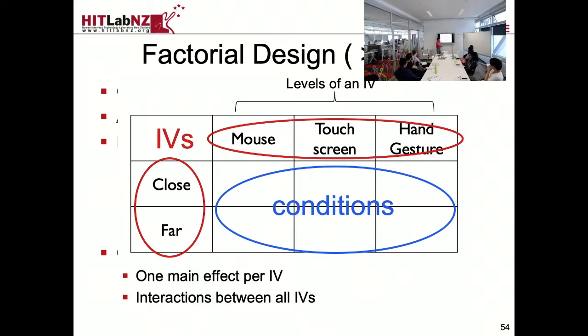And the other participant will run touch screen with close and touch screen with far. And then the third participant will have hand gesture with close distance and hand gesture with far distance. So each input device